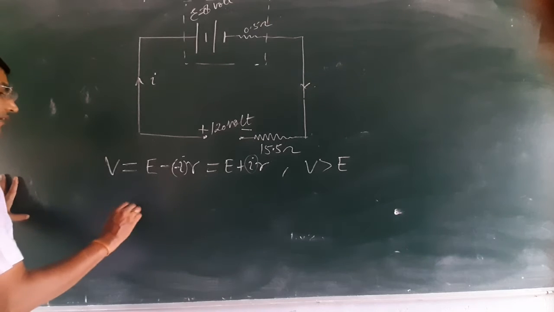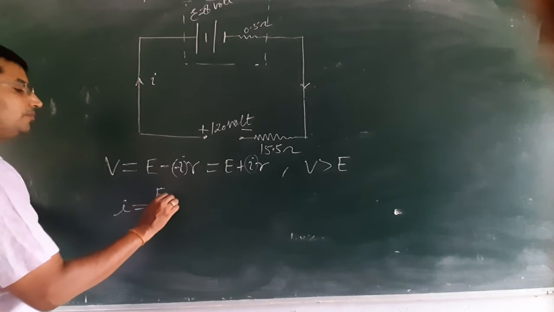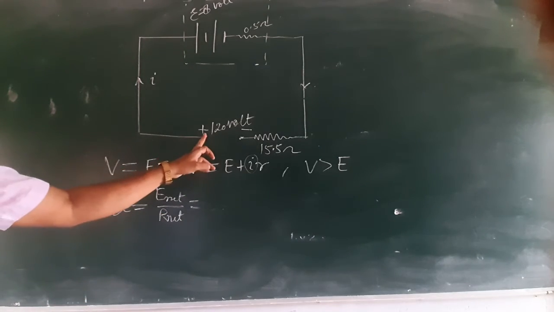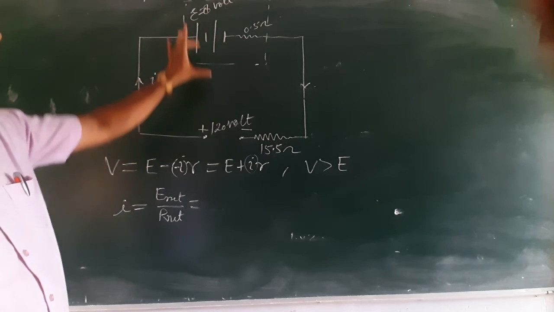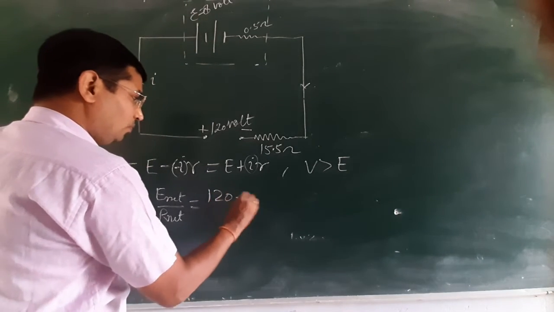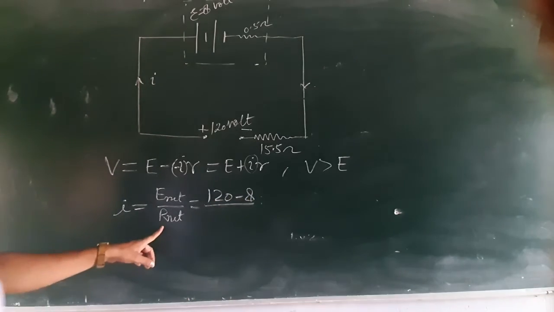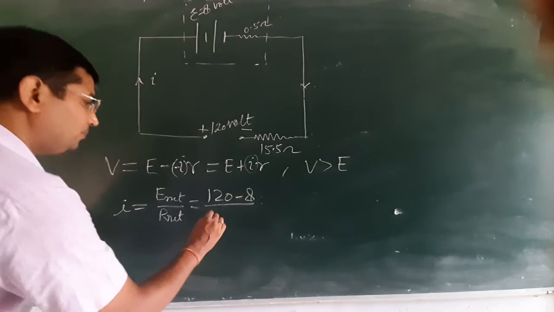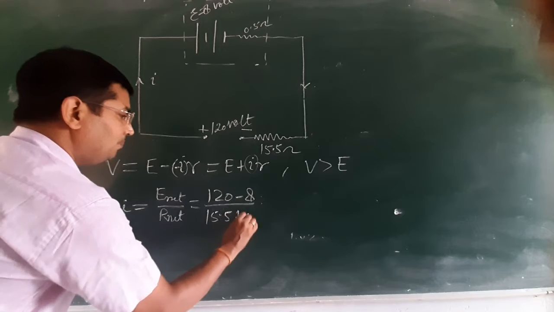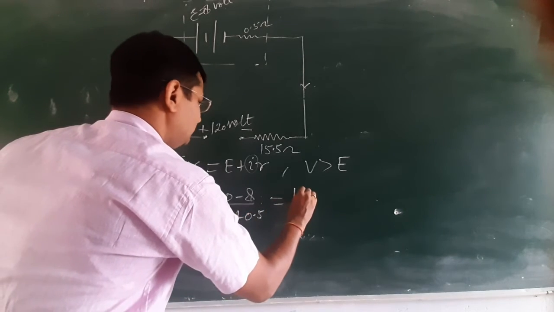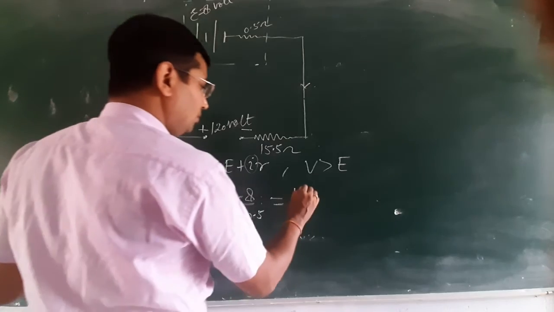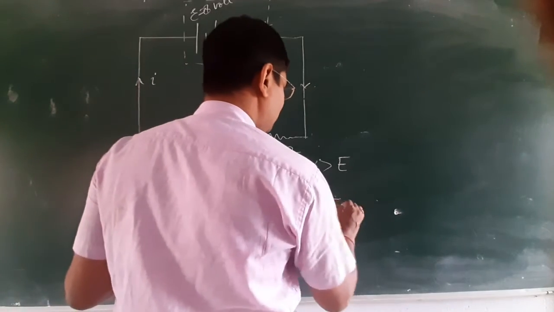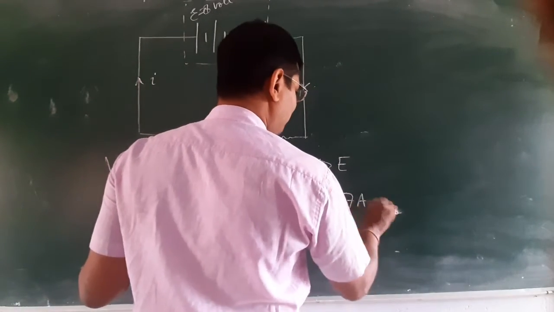And what about the current? Current is equal to net EMF upon net resistance. So, what about net EMF? Plus is connected with plus. Therefore, 120 minus 8 divided by net resistance. Net resistance is what? This is 15.5 and this is 0.5. So 15.5 plus 0.5, this is 112 upon 16, and this will be 7 ampere current flowing